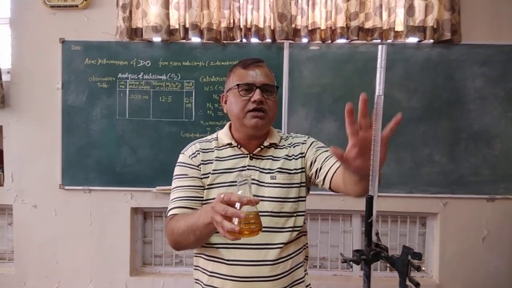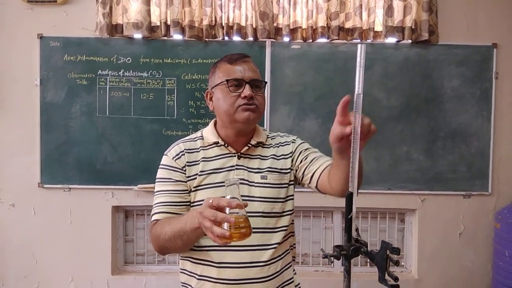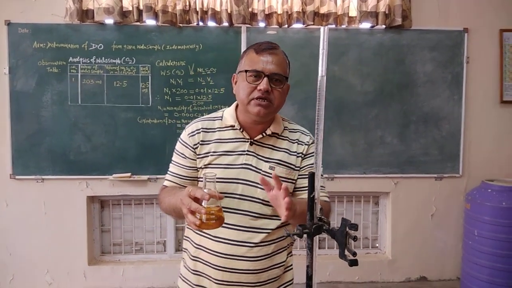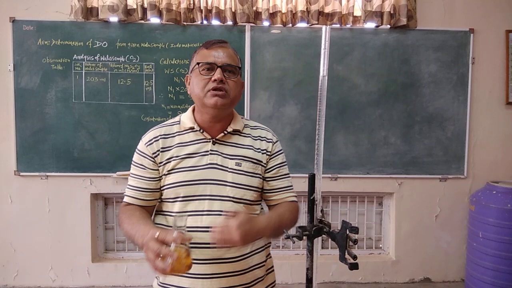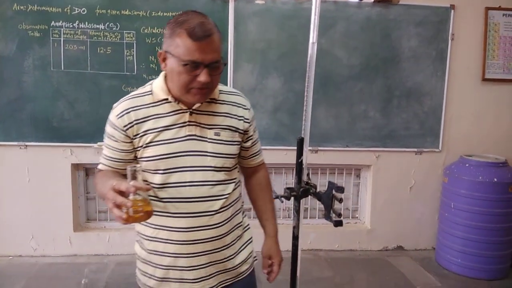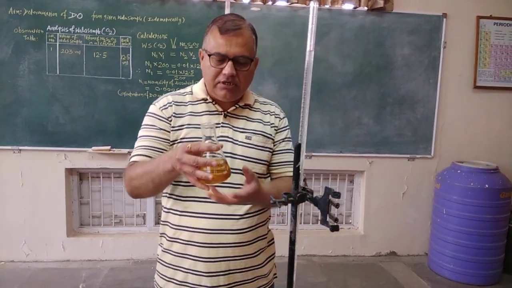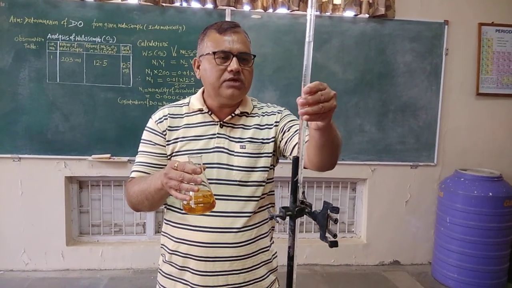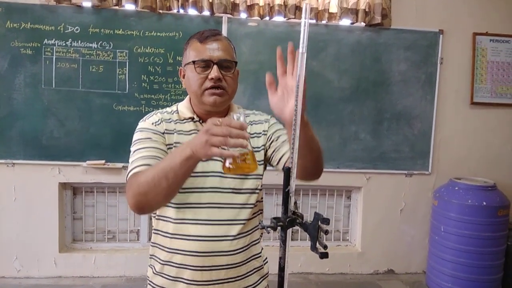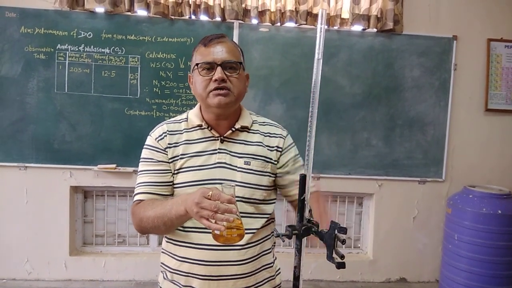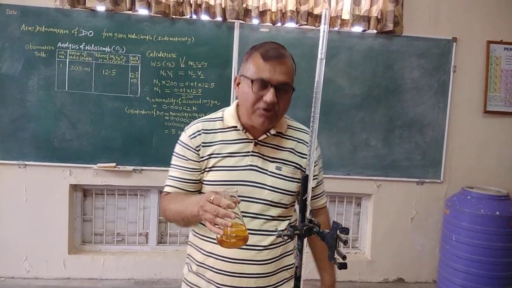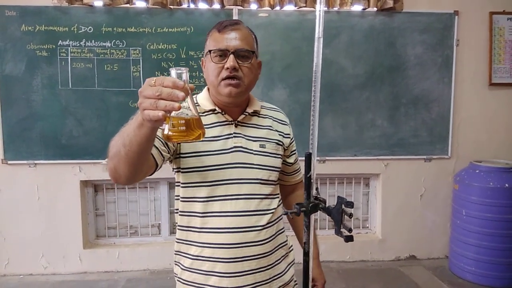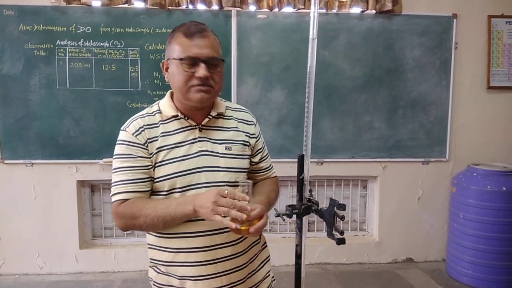You keep this hypo solution ready in the burette, adjusted to 0, because there is no scope to take a second reading. If you want a second reading, you have to perform the whole experiment again from the beginning. So take the precaution that you take only one reading, meaning this one titration will be considered the end point. Go on adding this Na2S2O3 solution drop wise to the iodine solution, using starch as an indicator.